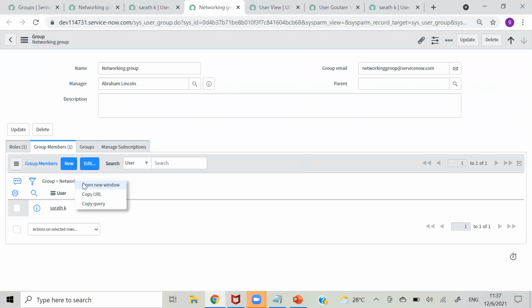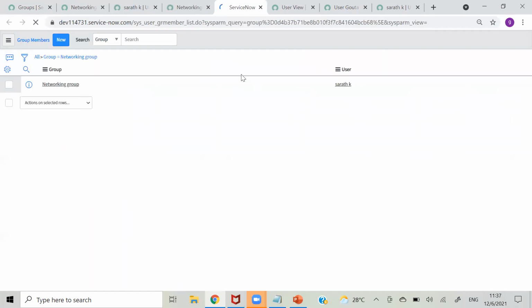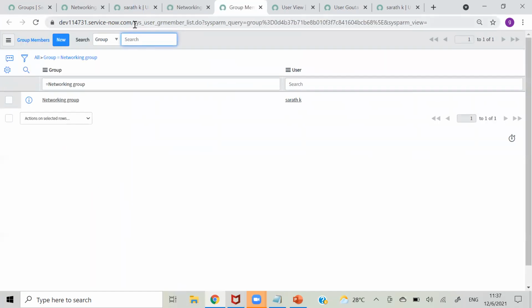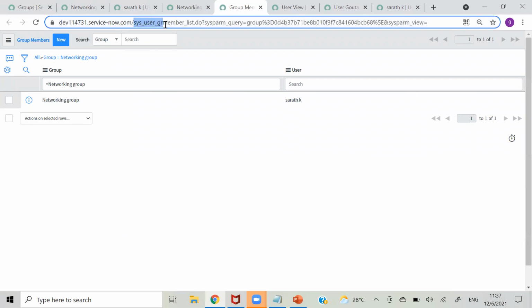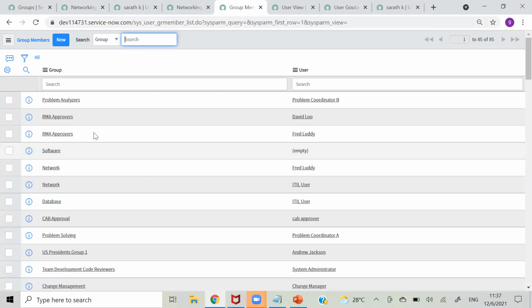So it is another table. Okay. And what is the table's name? It is sys_user_grmember. So this is a table where there is a relation between group and user. Okay. So particularly it is filtering as networking group. If I remove that and make it all, so here it is.